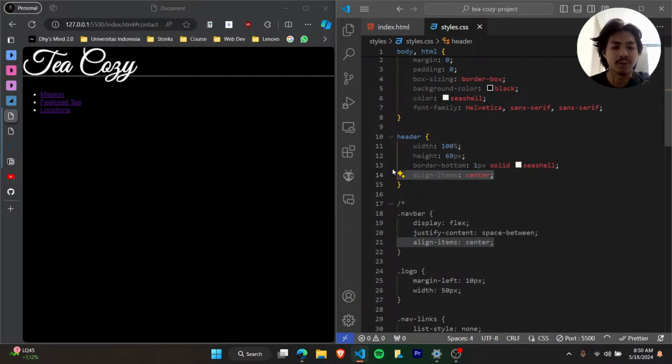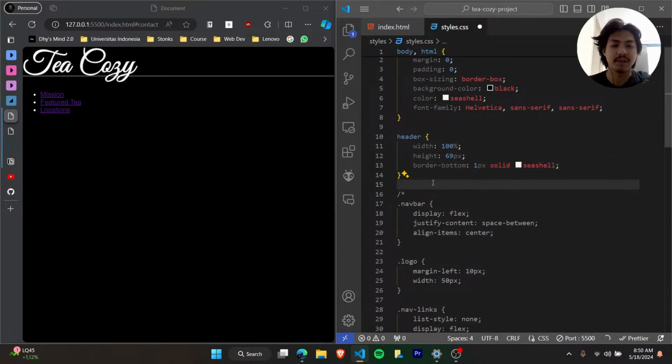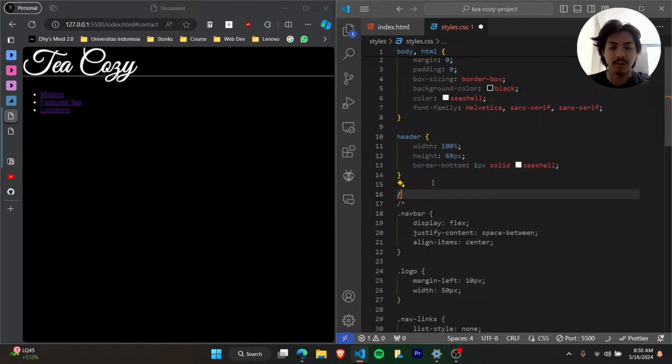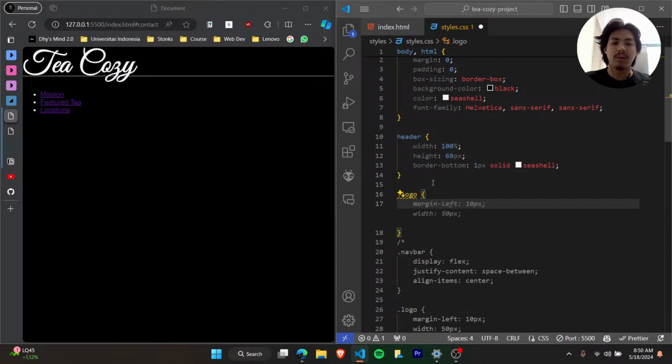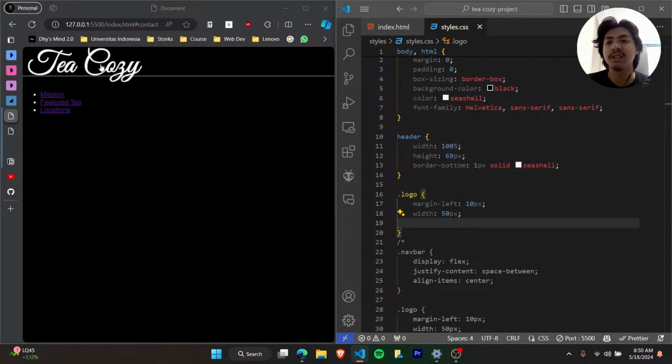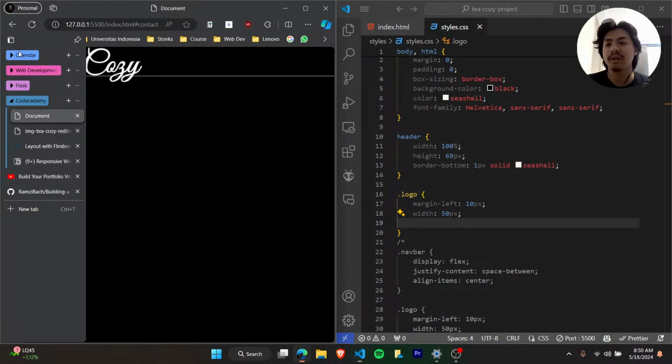It's already 69 pixels, and then what we want to do is have the logo to have a size, because if I do this, the photo doesn't really change the size of it. So how can I